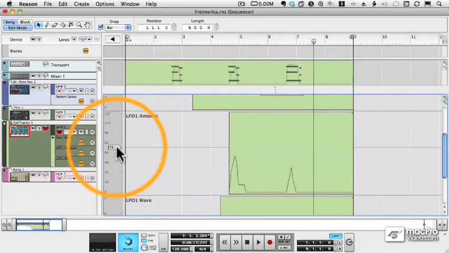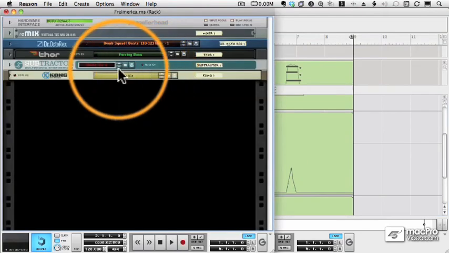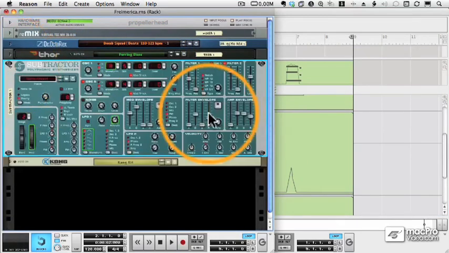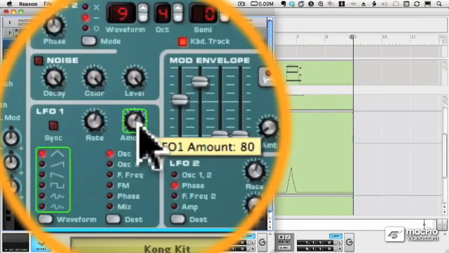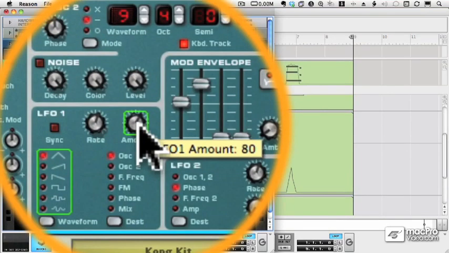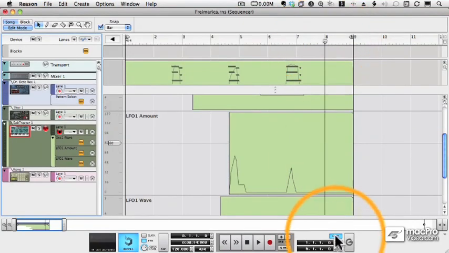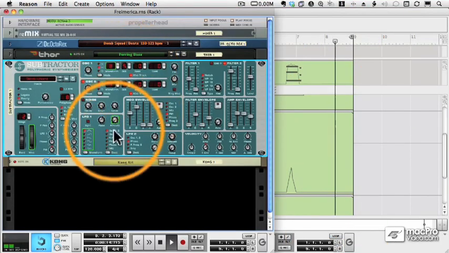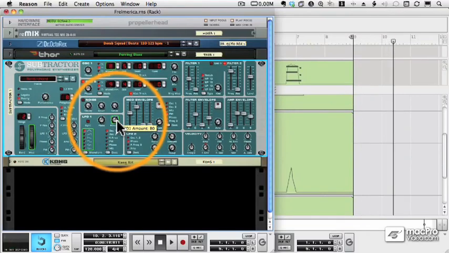But I can change that default value. Let's change it to 80. And now whenever we're outside of a clip, the value will be 80. Let's take a look. We're outside the clip right now. Here's our LFO1 amount in our Subtractor. It's set to 80. We can see that. And if I play the song, you'll see the automation takes effect, but when the clip ends, it goes back to 80. So that's why it's so important to set a default value for the parameters before you start automating, and you can always change them